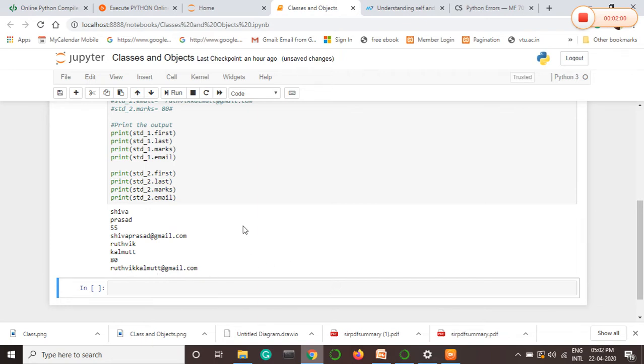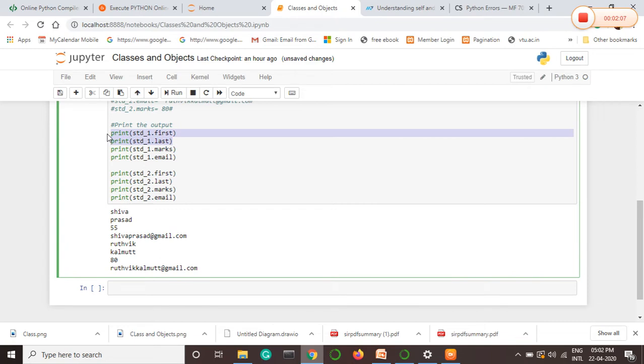Now, I don't want to use two different print statements to print my first and last name. Instead, I want to print my complete name, my full name, at a time in a single print statement.